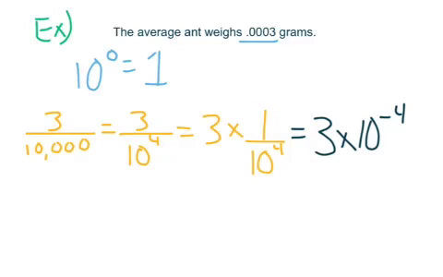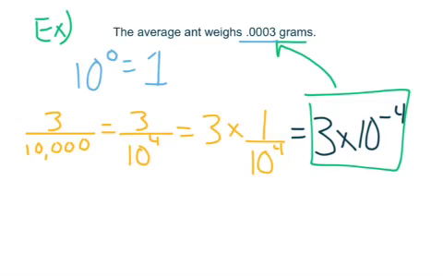So since it's positive now, I would make it negative. And this actually is your answer. 3 times 10 to the negative 4th is the same as that. We are going to work on scientific notation on Friday in particular, but we just wanted to get started showing it to you now. Here's another example I want you to try, and make sure you write this in your notebook, 0.004. So I want to start to think about this and write this as